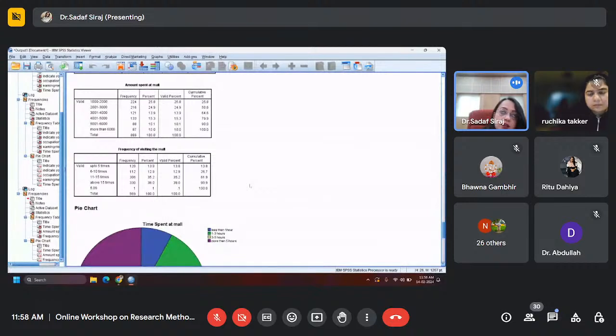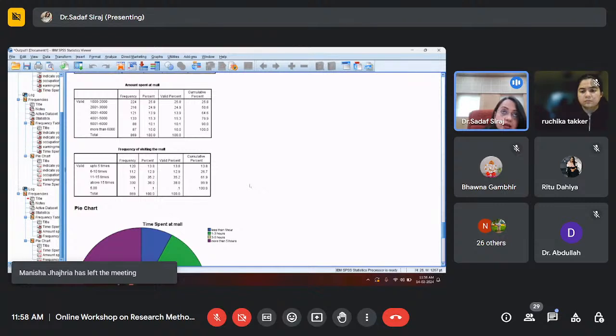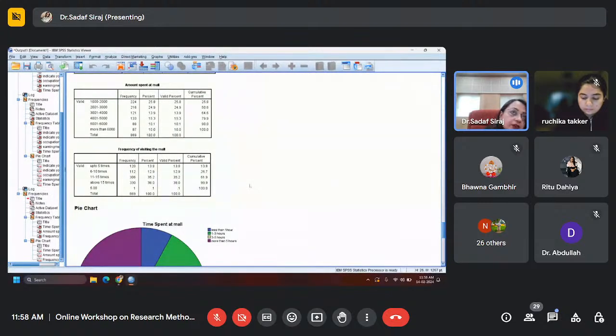Or I would be interested in knowing which particular age group spends more in the mall, because as a retail operator or as a mall manager, I want to have a target audience. I want to understand which is the most lucrative segment for me. Should I have my strategies driven towards females who are younger in age and having this kind of an income, rather than males, right? So in order to have a target population, this kind of data is not providing you very good insights. If I want to have good or better insights, I need to cross tabulate.